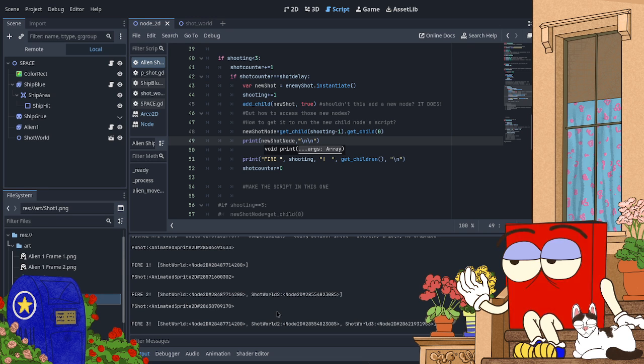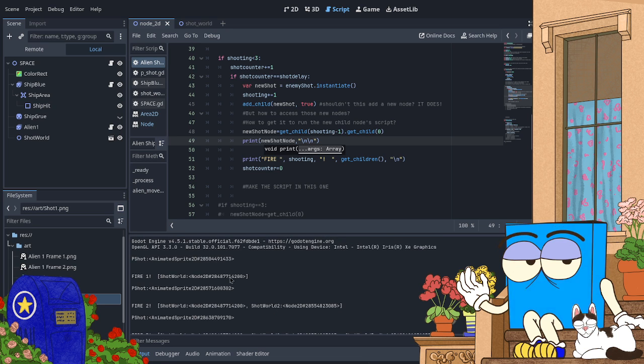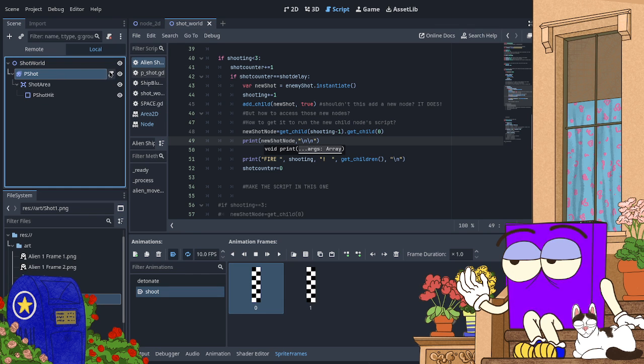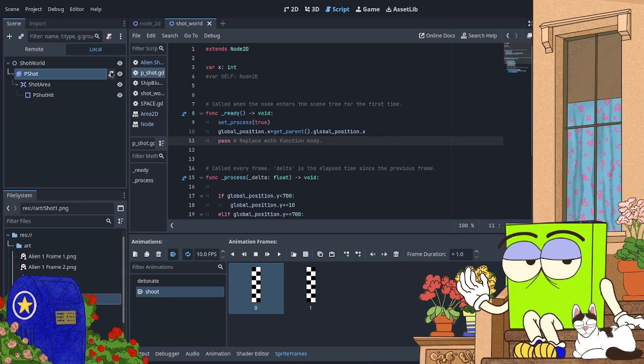Okay. P shot is right. So the new shot node is P shot, and that's where the script is.